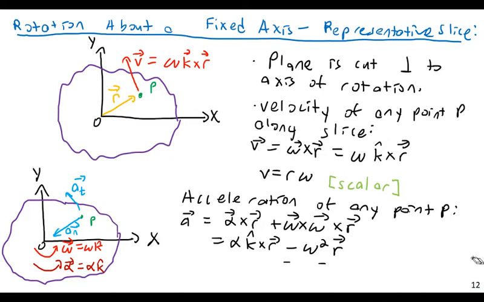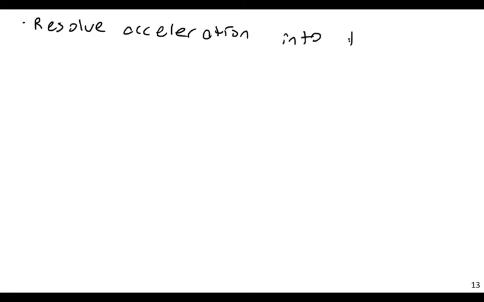Omega squared r vector. And so then if I resolve the acceleration into tangential and normal components,